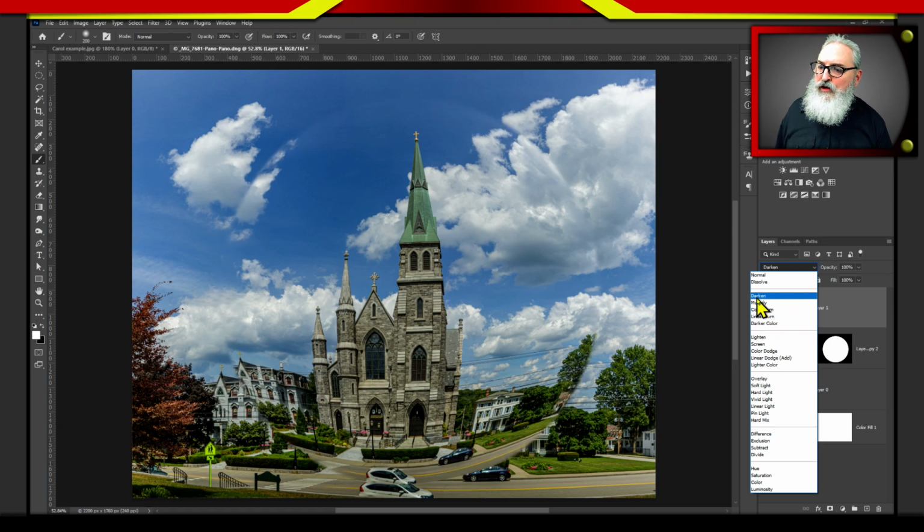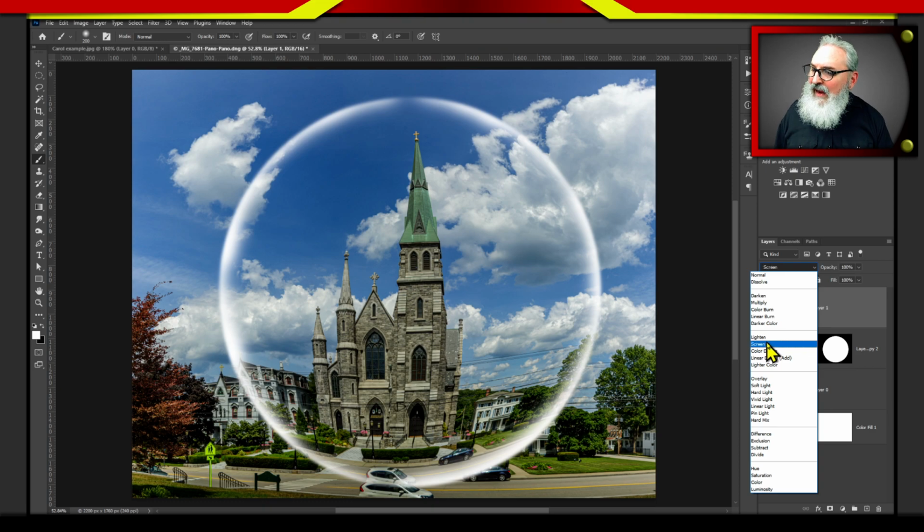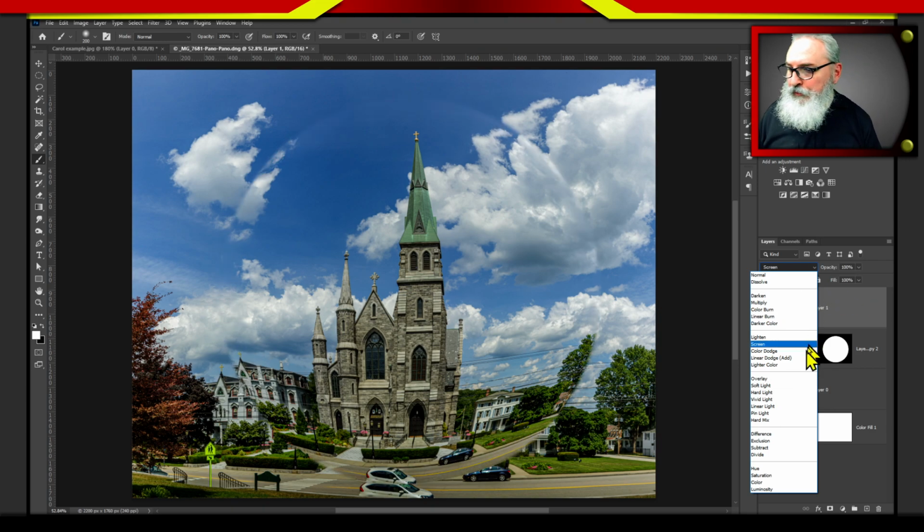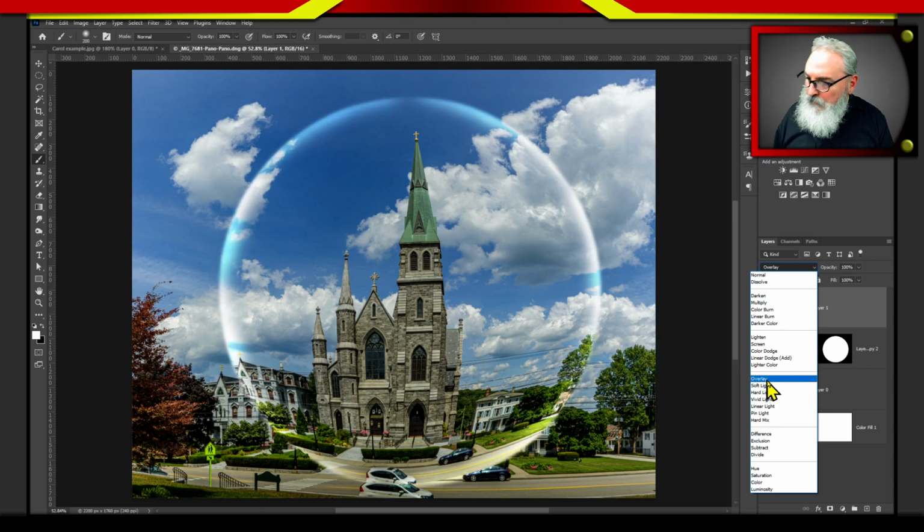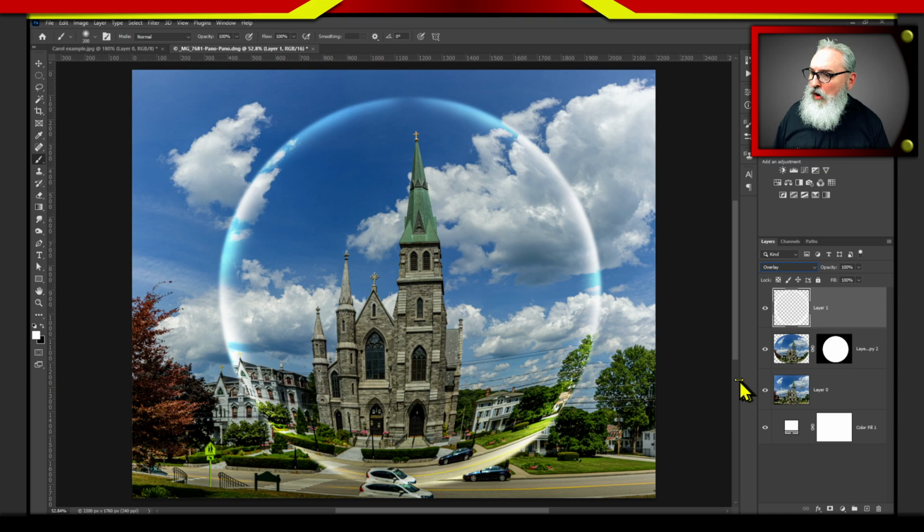If you look at the first one, it says darken. Everything in that group will darken your image. The next one is lighten, so everything in that group will lighten your image based on what's on here. And then the next one is more of a blend between the two, and that's what we're going to look for. The first one is overlay. So if I click on overlay, and if I zoom in,